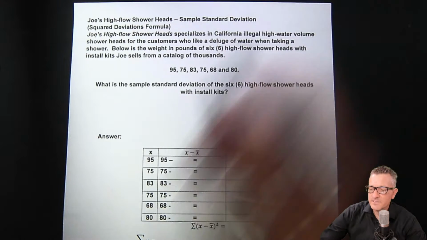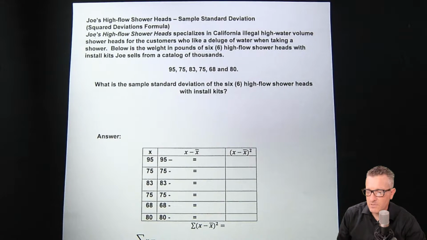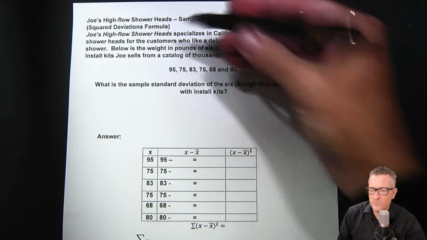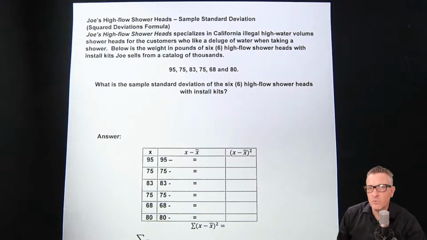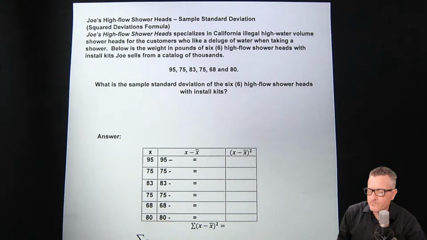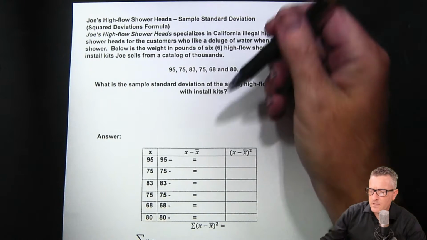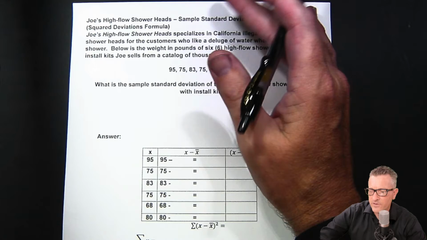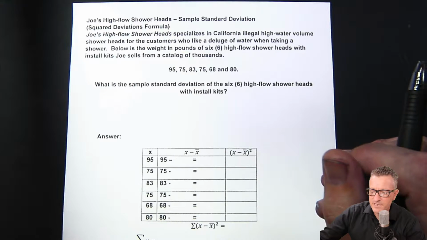Okay, so for the sake of simplicity, in this problem we have a sample of only, was that 5? 6. 1, 2, 3, 4, 5, so yeah, 6. So we have a really small sample. This isn't ideal in the real world, and later in some of my other videos we talk about data being normalized and things like that, but with 6 it's a little bit of a small sample. It's also simple for you to learn how to do this by hand. Even though most people do it with the calculator, it's good to at least understand the way this works.